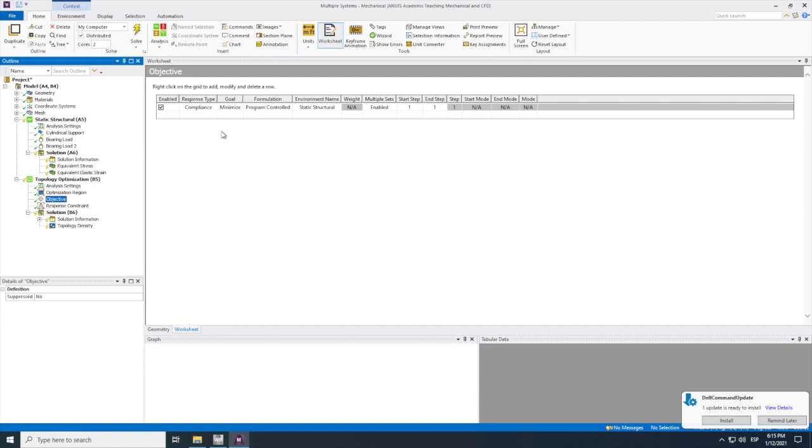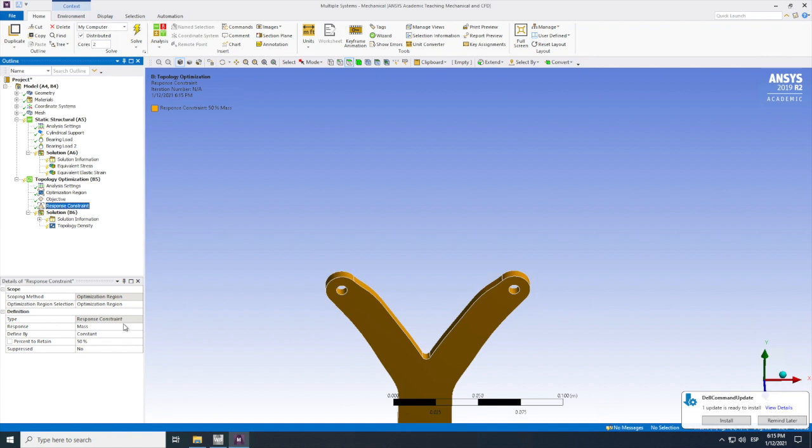This is something that is pretty standard here in Ansys. We won't modify this. Response constraint, this is something that we will modify. So this is actually what we're interested in. For instance, the response could be either mass or volume, or you can actually go and tackle the global stress, displacement, reaction force. We'll go for the classic mass, and we are gonna say that we want to retain 60%